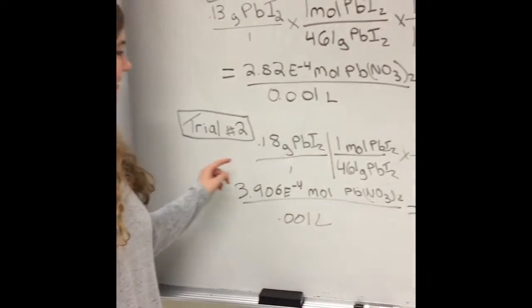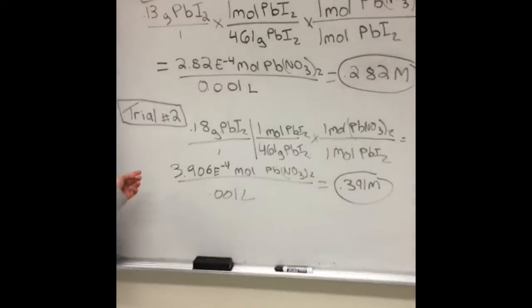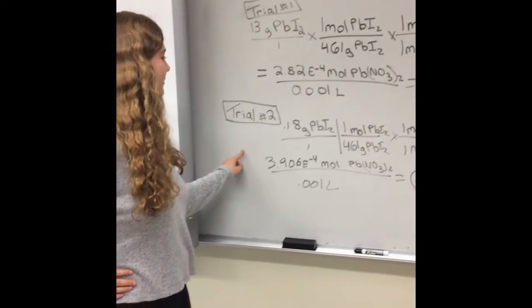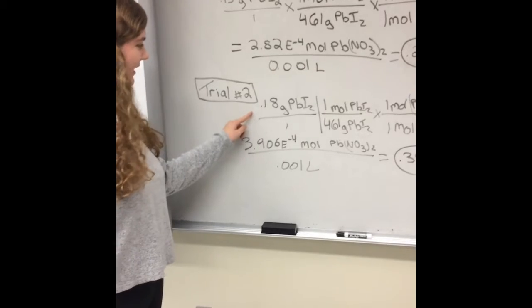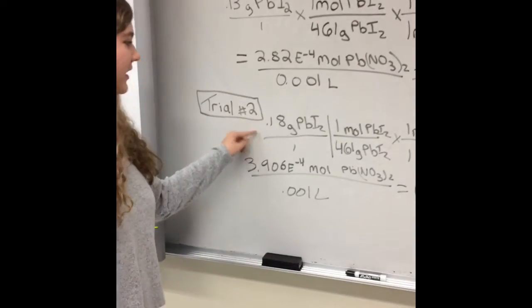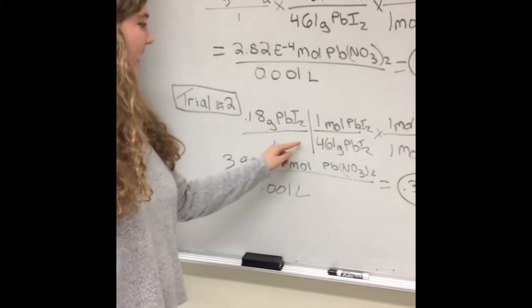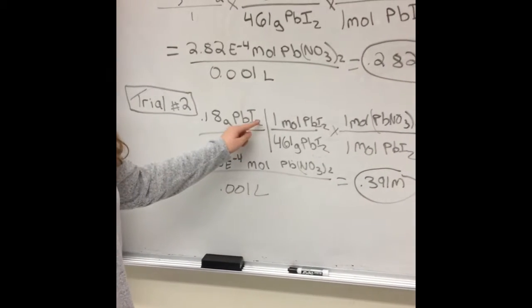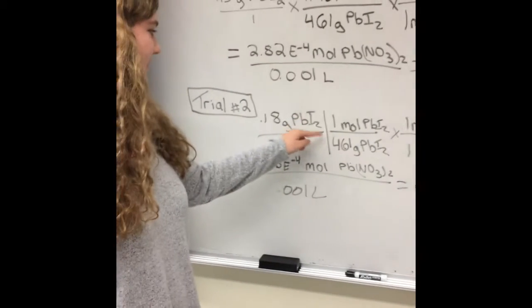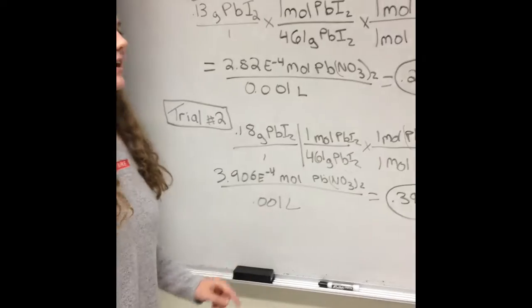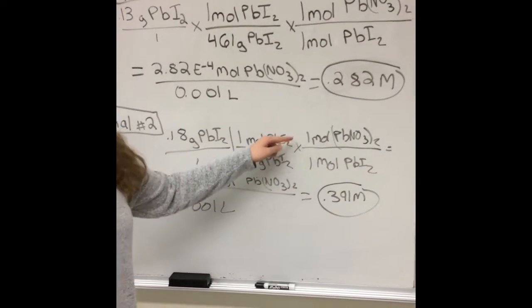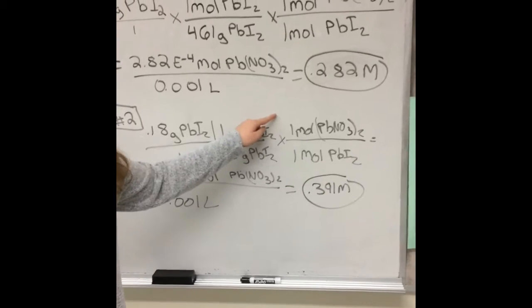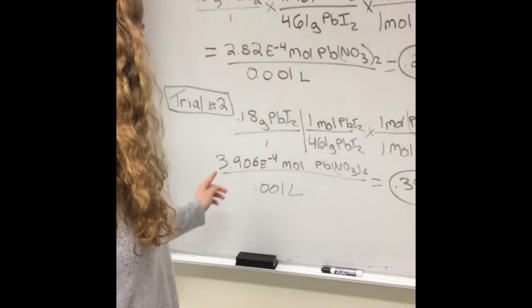When we massed the filter paper and subtracted the original mass of the filter paper from the solid plus the filter paper for our second trial, we got 0.18 grams of PbI2. We used our train tracks and multiplied it by 1 mole of PbI2 over 461 grams of PbI2, which is its molar mass. And then with the 1-to-1 mole ratio of PbI2 and Pb(NO3)2, we were able to find out